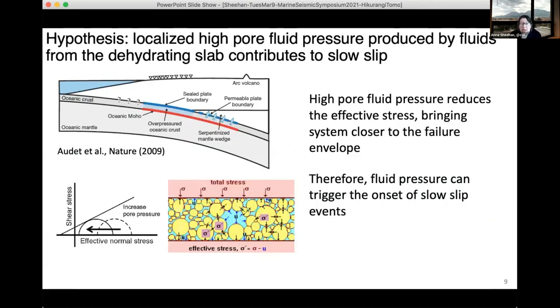So again, in this talk, I'm going to be focusing on the seismic imaging aspects. And one of the hypotheses is that localized high pore fluid pressure produced by fluids from the dehydrating slab and sediments subducting contributes to slow slip. So this is a schematic from Audet et al. Anyway, so with high pore fluid pressure, this reduces the effective stress, and it brings the system closer to the